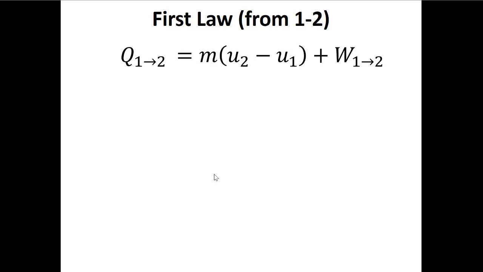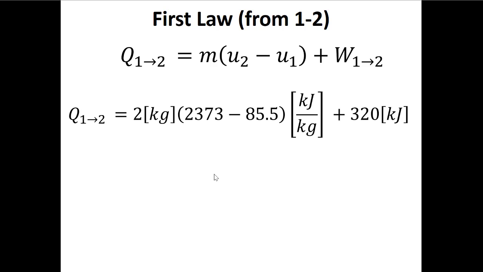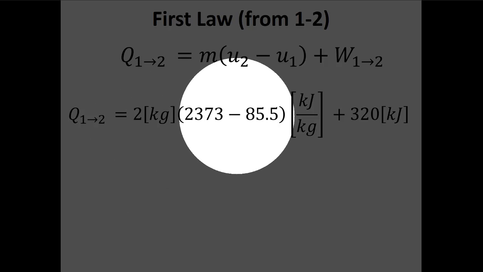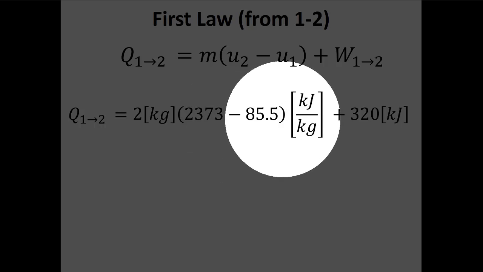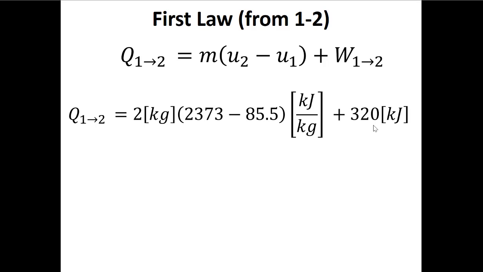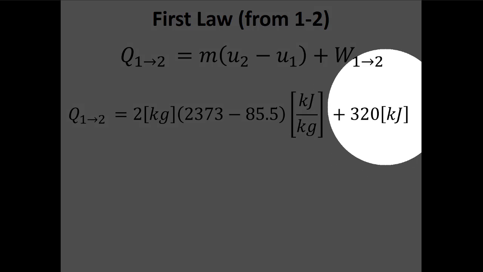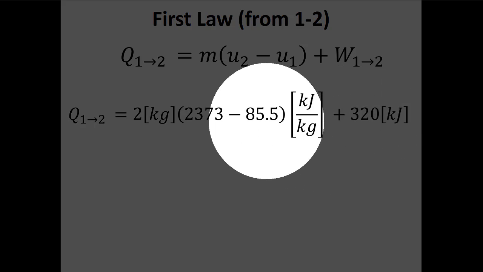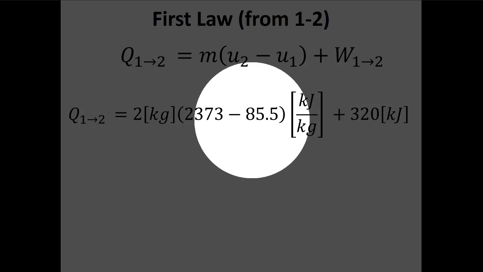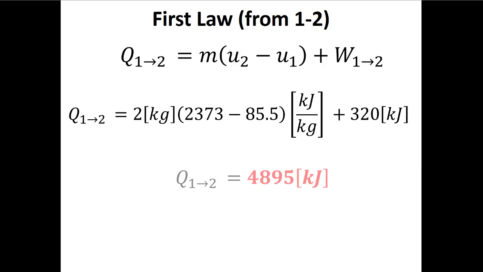Now I'm going to put the numbers into my calculator. For Q1, again, I have the mass. I have U2 minus U1. I've got to make sure I get the order here correct, so be careful with your subscripts. And I have work. I also have to make sure that I have my units right. It could be that when I calculated work, I got an answer in joules instead of kilojoules. But when I'm using the tables, it's always in kilojoules per kilogram, and if I'm multiplying by kilograms here, then I'll get kilojoules. So I've got to make sure the units are all right. In this case, they are, so it's not too bad. I add these two together, and I get that